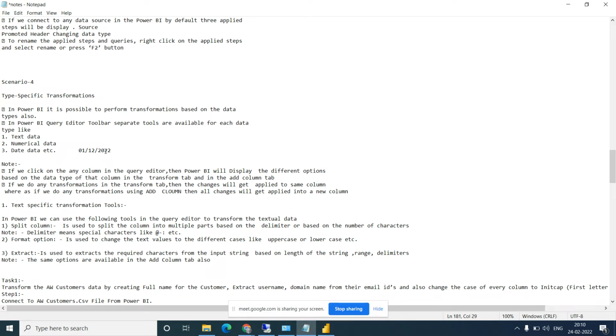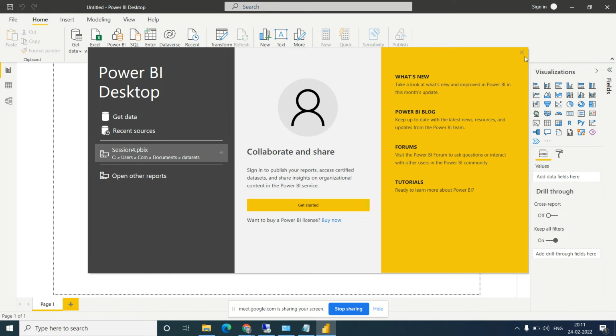So you have numbers as well as special characters, which means it will be considered a string, so it will come under dimension data. If you have only numbers, then you can consider it numerical. But if you have some special character in your data, it is a dimension.